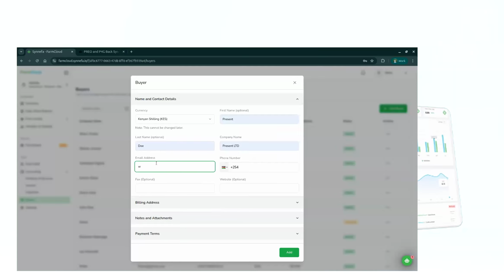Then there's the email address. Then the phone number. This is the buyer's phone number, the buyer's email address, and fax is optional, as well as the website is optional. Okay, so the email address is